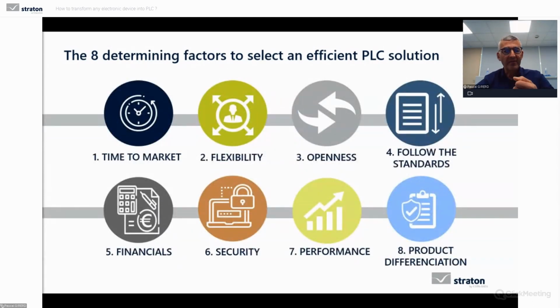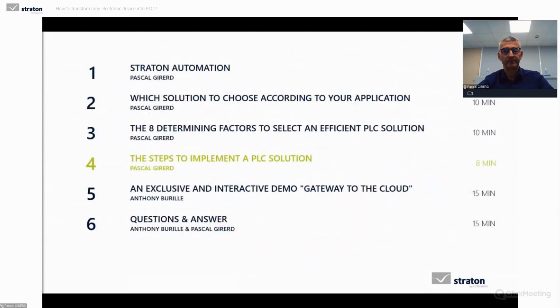So we have seen the 8 factors. Depending on your position in the project as a developer, project manager, marketing, you may have different priorities, of course. Please tell me in the comments zone which of these factors is the most important for you. As you all have different profiles, you will see that the answers will not be the same. Thank you. Now, as we have identified everything which is important, what do we do now?